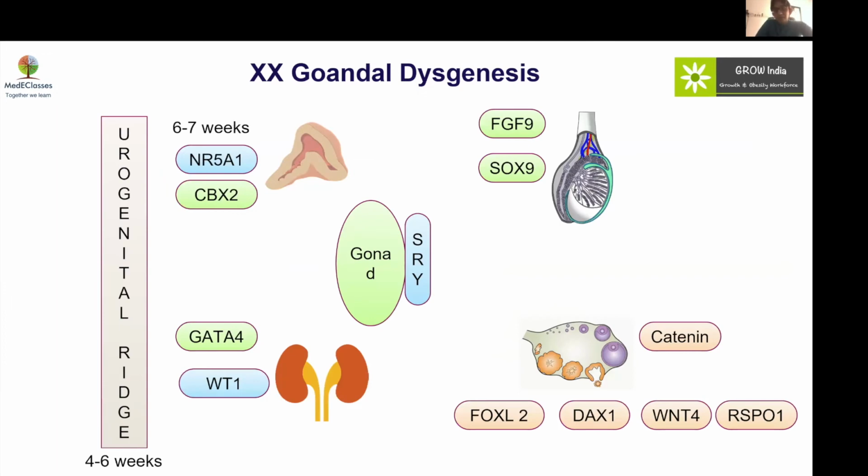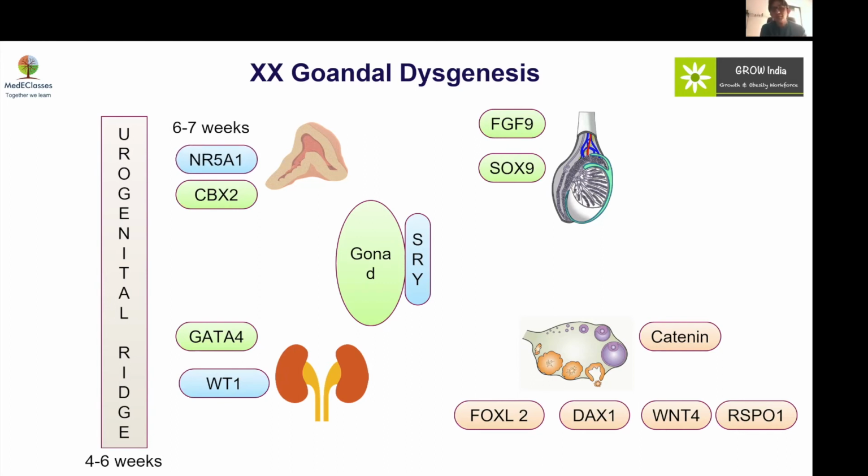Now, if the ovarian antitestis genes are deficient, or any gene which can give rise to testicular tissue development, it can also cause increased androgen production in the female fetus, and this can lead to a virilized female. The majority of them have a part of the testis gene, that is either SRY or any other distant gene, which leads to the development of some testicular tissue along with the ovary, resulting in either ovotestis or dysgenetic gonad, which are able to produce some androgens which can cause female virilization.